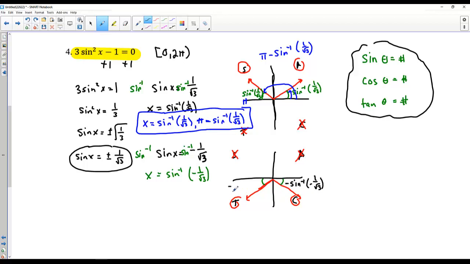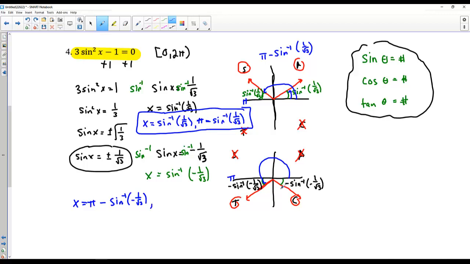And over here you just write negative sine inverse of negative 1 over root 3. And so now when I'm reading off my angles for my answers, I'm going to start here and I have to go all the way around to here. And so remember, halfway around is pi, and then I'm going to go plus this additional reference angle. So my first answer would be x equals pi plus... and then there's a negative sine inverse, so actually, because it's plus a negative, it would be x equals pi minus sine inverse of negative 1 over root 3,